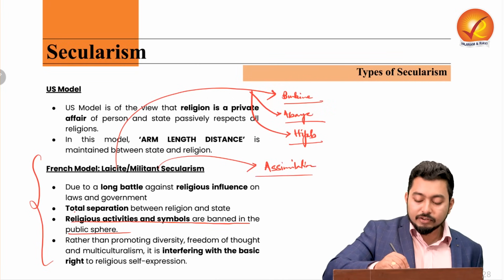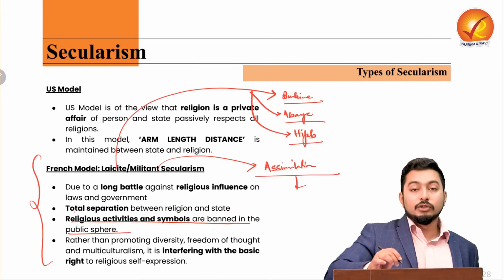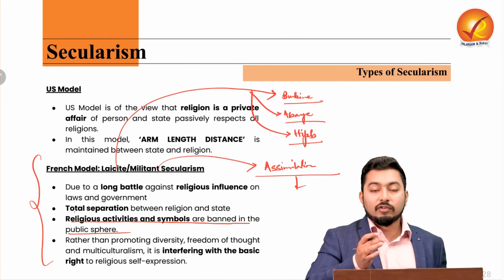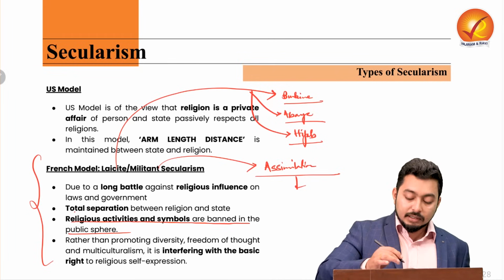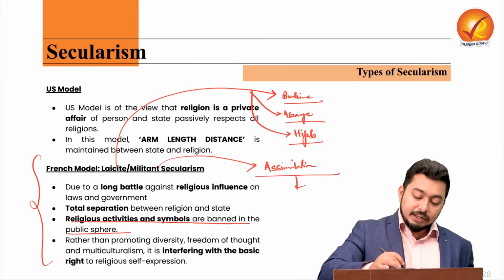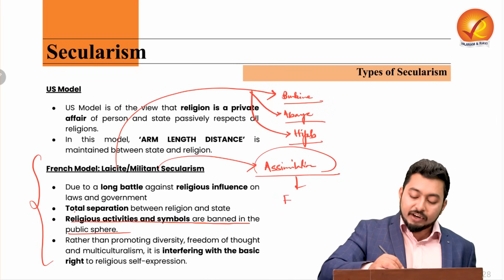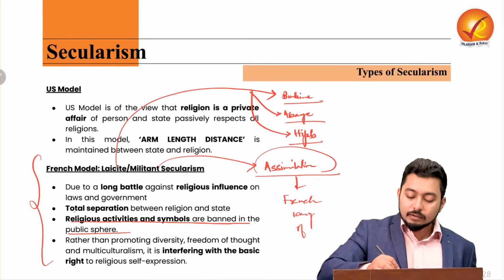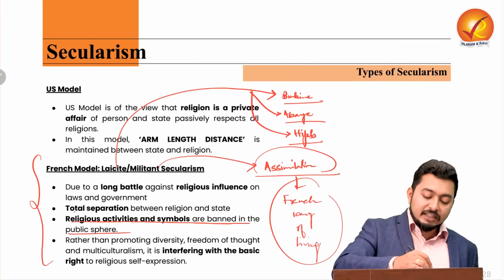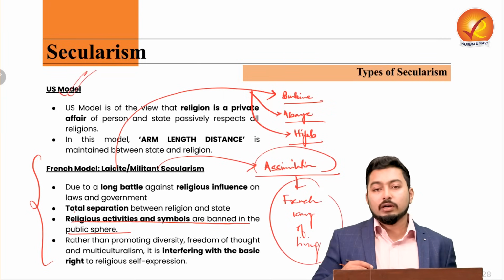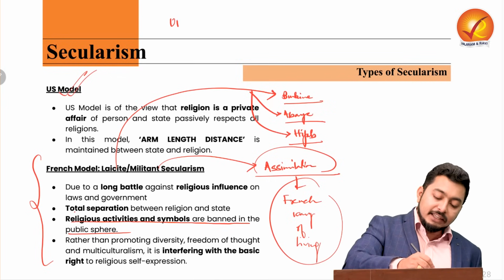So immaterial of what religion you follow, immaterial of where you are coming from, if you are a French citizen, if you are a French national, then you assimilate and you adopt the French way of living. Now there are good components of assimilation also in the US model. On the other hand, if we look at the UK model,